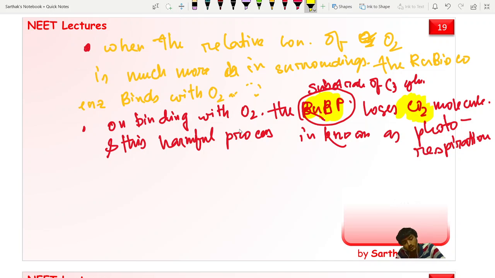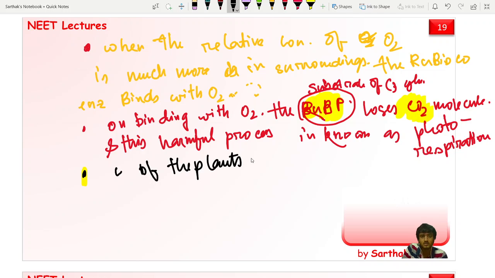The carbons which are present in the plants are also getting away from the plant. So basically, the carbon of the plants gets reduced,